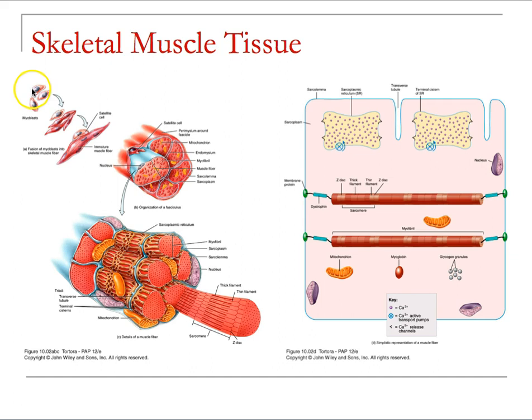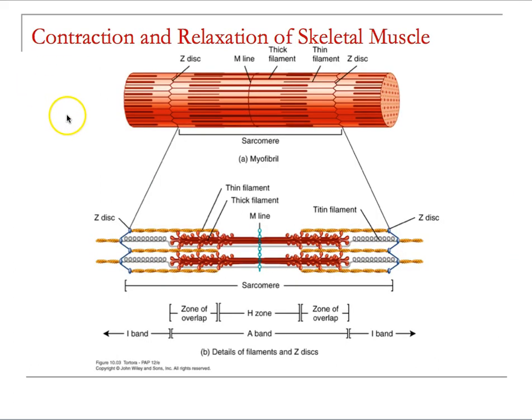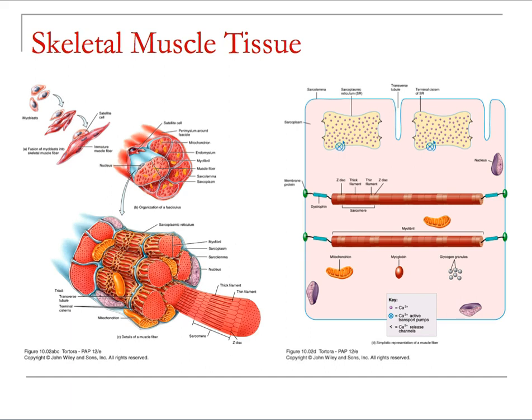Remind you that skeletal muscle tissue formed from myoblasts to create individual muscle cells, so these have all fused together. We have the individual muscle fibers that are made up of thin and thick filaments along with some elasticity and extensibility fibers inside there. But ultimately, we can break it all down to this really simple cartoon that has the